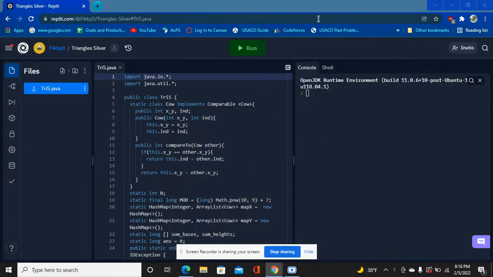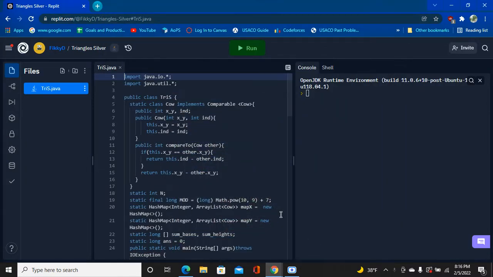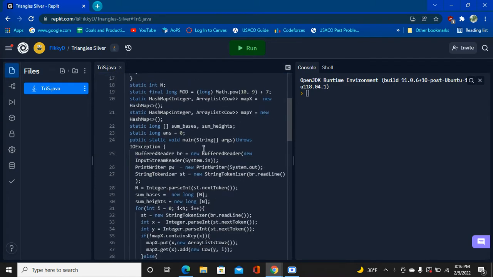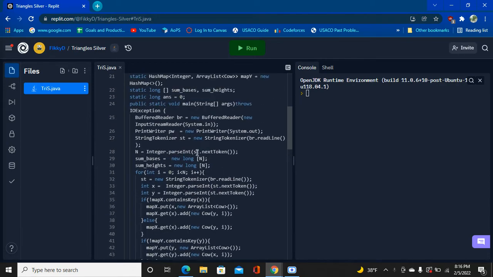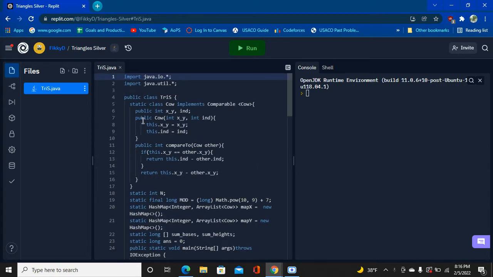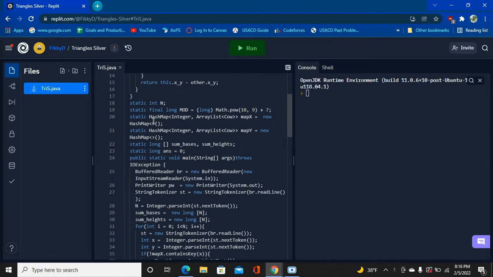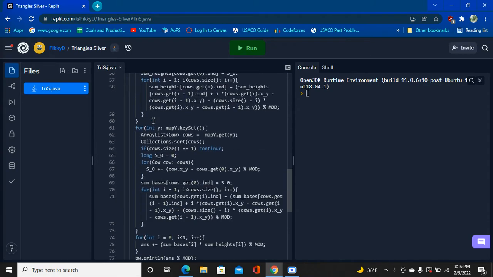All right, so I'm going to be explaining the Triangle Silver solution. I was meant to do this on LiveSolve, and I had the recording, but the funny thing that happened was the recording kind of cut out, and I didn't feel like re-recording or redoing the implementation. But yeah, just a warning, the first time I did this problem on the LiveSolve,